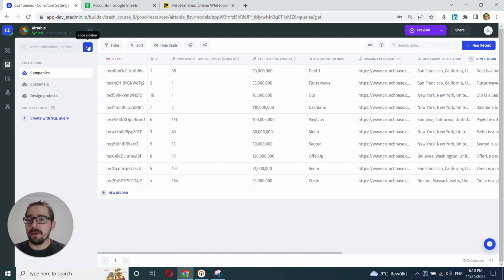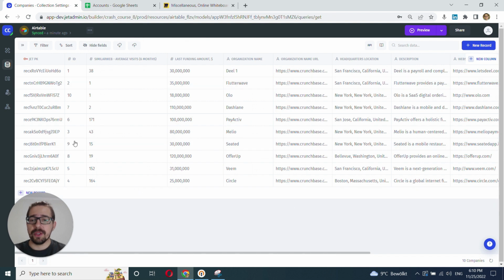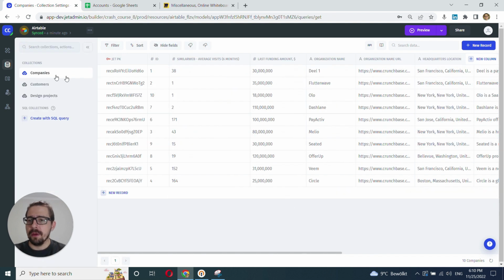And you can collapse this sidebar to have more space for your data. You can also click into an individual collection and rename it if you want to. And you can also drag and drop collections just to change the order for your convenience.